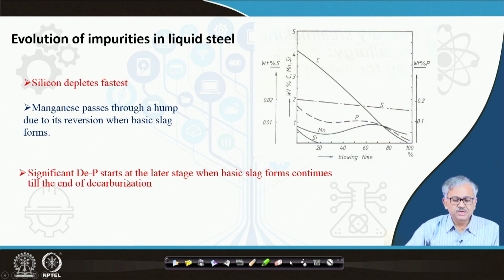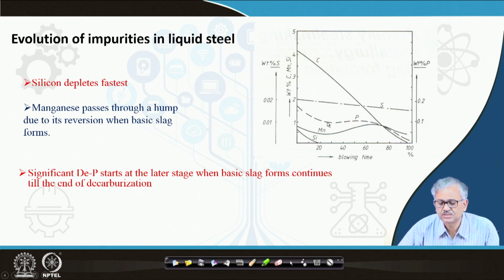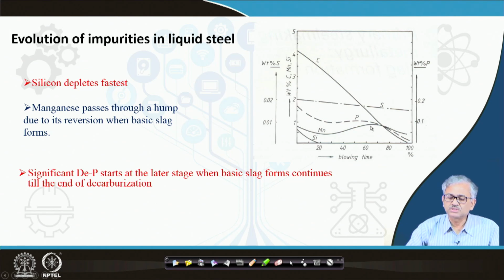And you can see significant dephosphorization starts at the latter stage. Initially also you can find that phosphorus decreases, and as the temperature increases, the phosphorus reversion also takes place. Little bit in the blowing period, you can find some phosphorus reversion is there, but when the basic slag forms, then again the phosphorus reaction moves in the forward direction, because the activity of P2O5 decreases significantly under basic slag condition, as we have discussed. As a result, the phosphorus goes down very much. So, significant dephosphorization starts at the latter stage when the basic slag forms and continues to